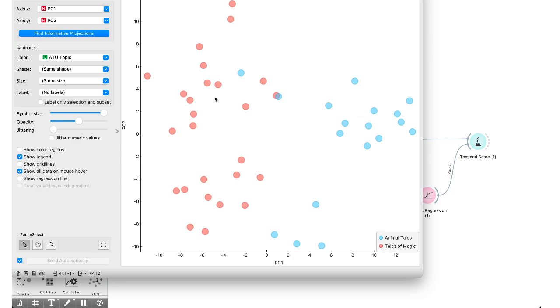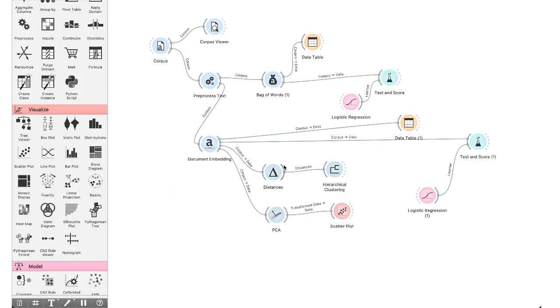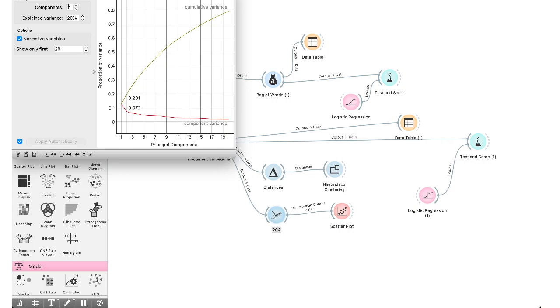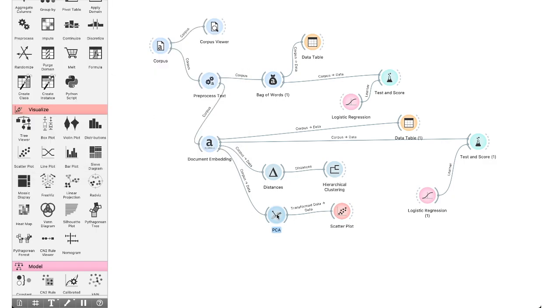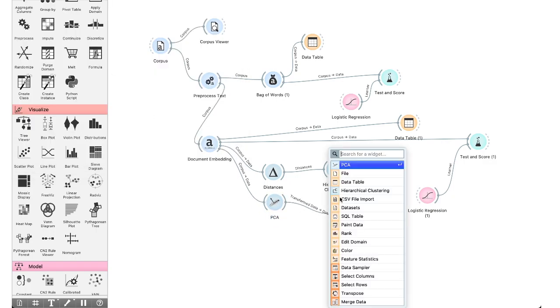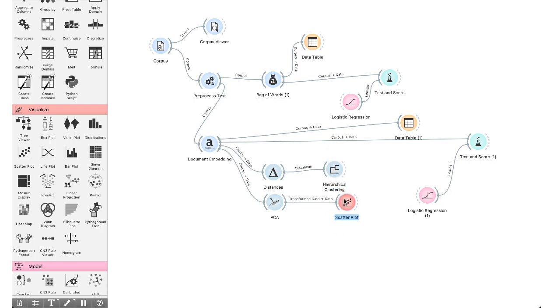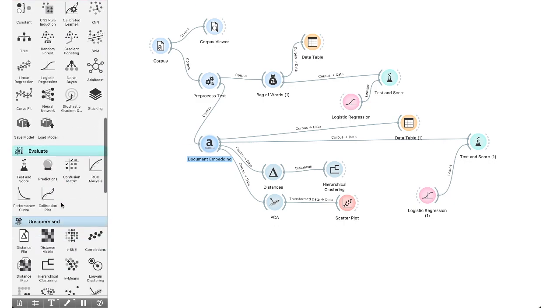And we can see that the red dots and blue dots are separate, right? Although, make sure you take a look at this one. Although two components only have 20% of the variance, okay. So in Orange we have another smarter way to observe the high dimensional data, that is